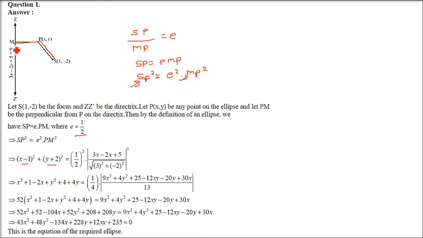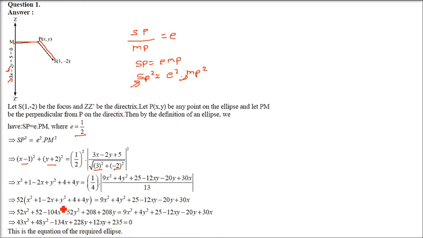Now the perpendicular distance of a point from a line is: you put x and y as the point from where the perpendicular distance has been taken, and then you take in the denominator the coefficient of x and y, square it, add it, take the under root. But we have done a square here. So the above one will get a square. The below one will remove the under root, the square root. So now this is the final scenario here.